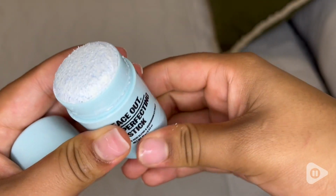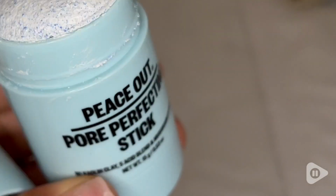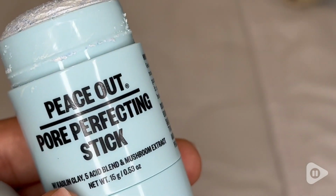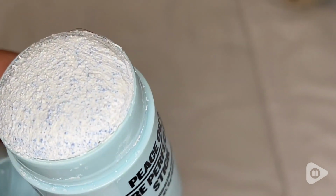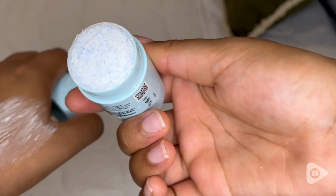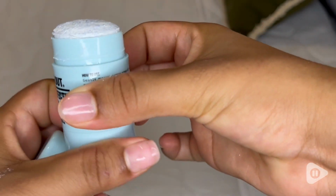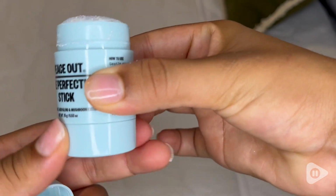smooth as possible. I really don't need much, because with just a little bit of water, if I damp my hands and then I start scrubbing my face with the product that I just put on, I think it works wonderfully and I really see a big difference. I especially use it on my cheeks, my forehead, my nose, and my chin because that's where I have more